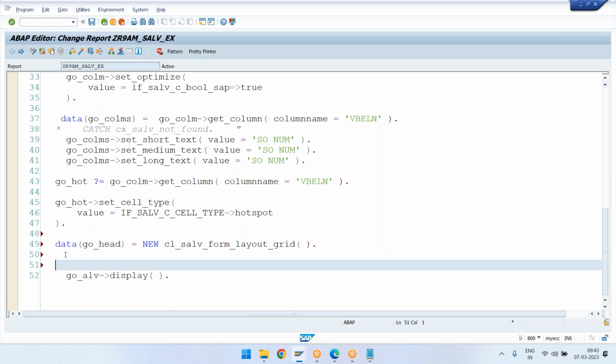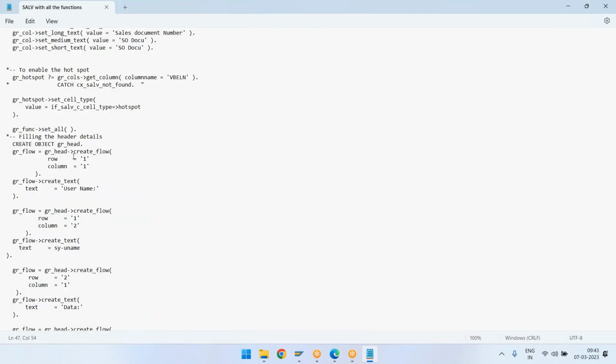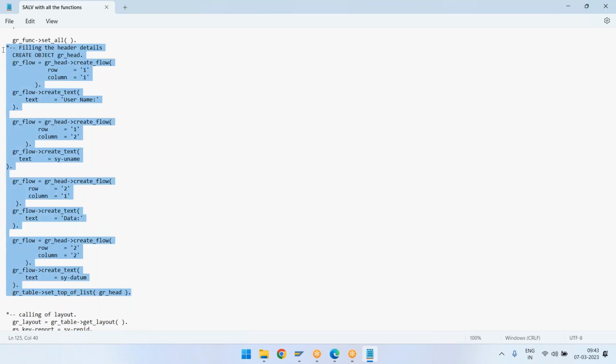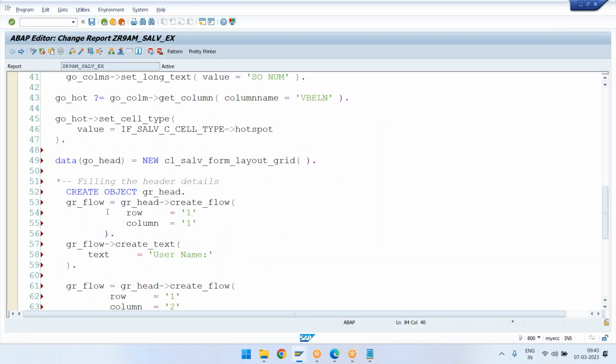Now in this geo_head, how do you have to provide this? You need to provide your first row and first column, first row and second column, second row and first column, whatever you want. And in this, now you need to select your top of list. In your ALV, there is a method called set_top_of_list. Now I'm just copying the entire code and I'm going to provide it over here. So gr_